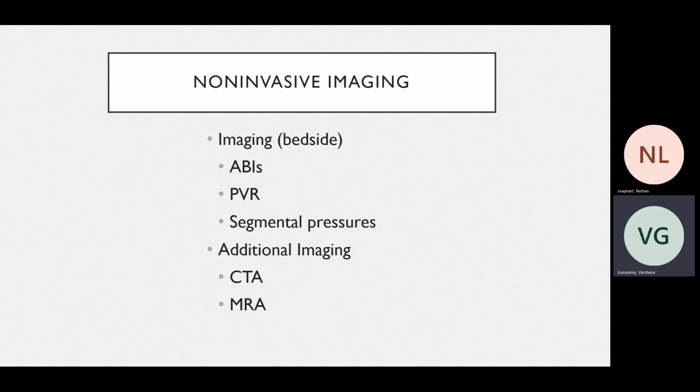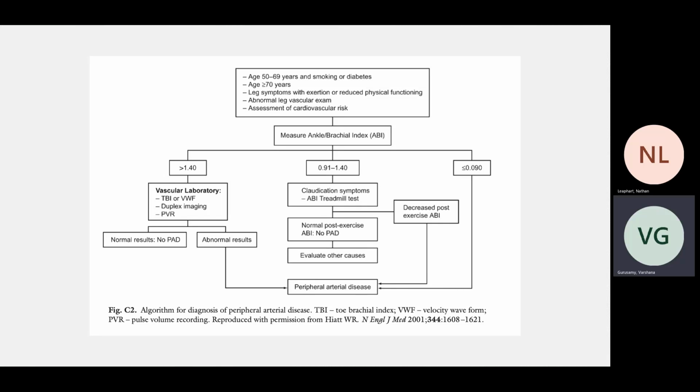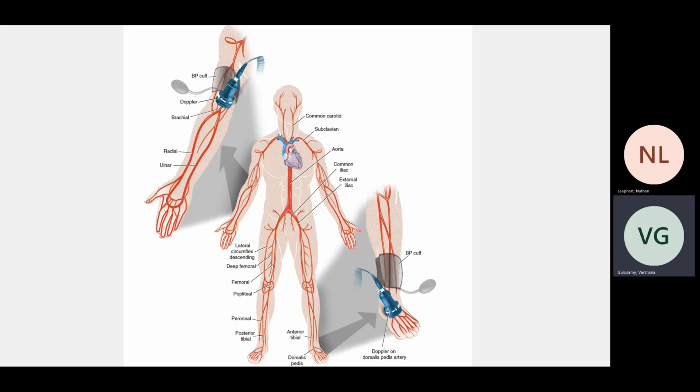Okay, so after you've evaluated the patient from an HPI standpoint and looked at their wounds or whatever it is, we can augment our information with imaging. So this is just a schematic of how we might think about evaluating a patient. These are the patients that are at risk. We talked about patients of age that have risk factors or symptoms, and then we'll go down through this flow chart. So the first thing that I'll do is I'll get non-invasive imaging, which is called an